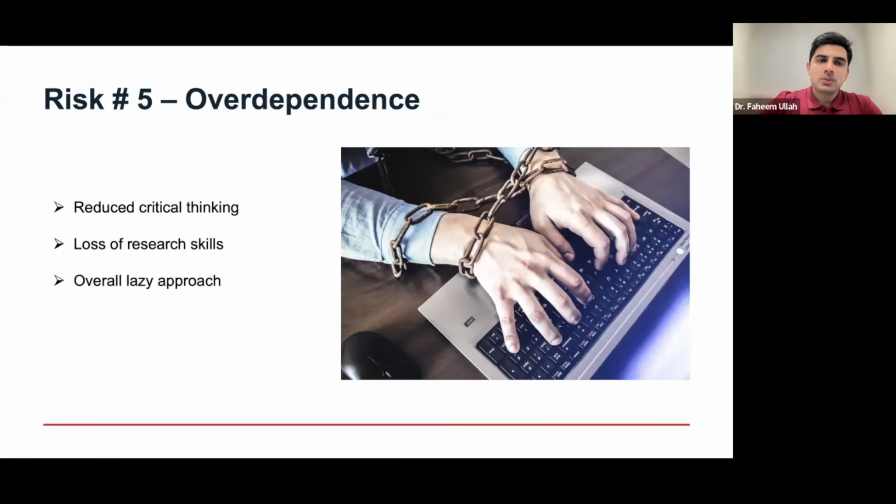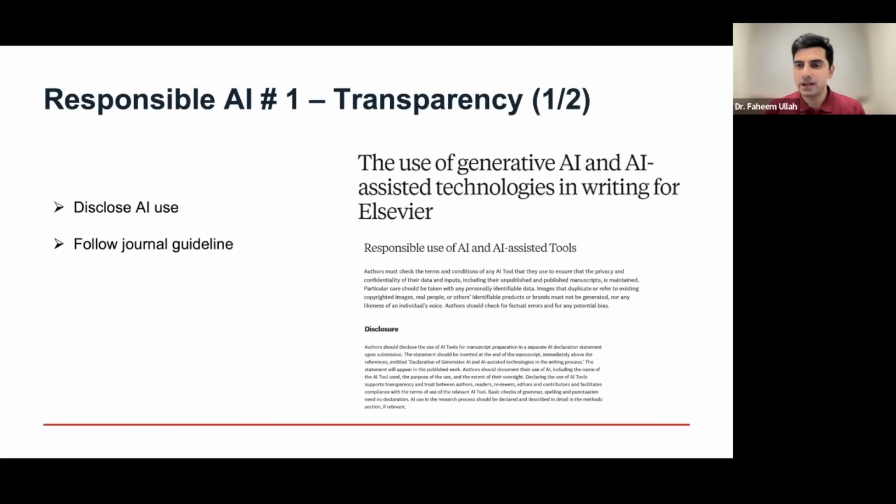Okay, so we talked about the different kinds of risks associated with using AI tools. Now, the next part is that we will look at the responsible use of AI, that is, what we can do as researchers when we are using AI tools. As I mentioned earlier, I'm not saying that we should completely avoid using AI tools. At the same time, I'm not saying that we should be using AI tools for everything, right? So there should be a boundary where there is a good balance and a responsible use of